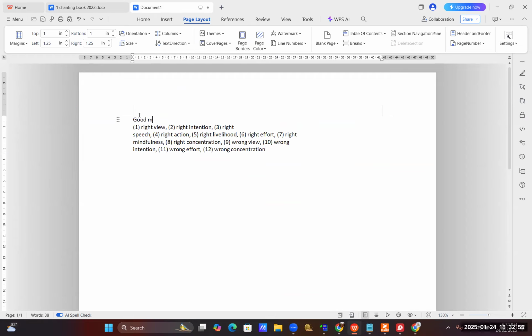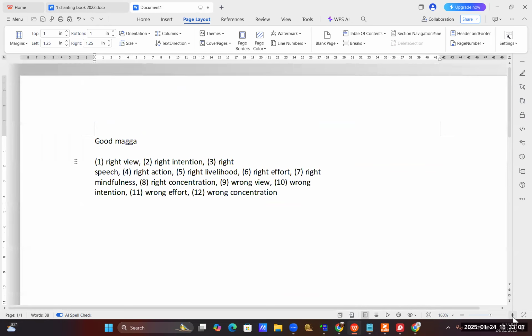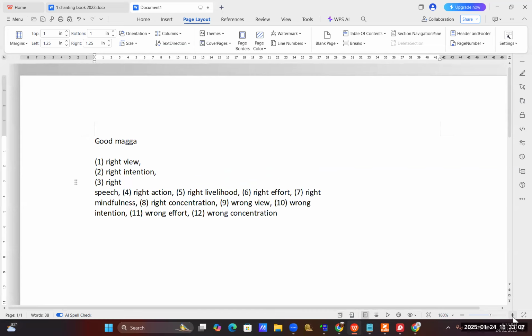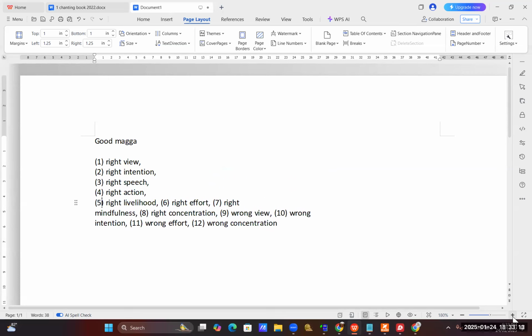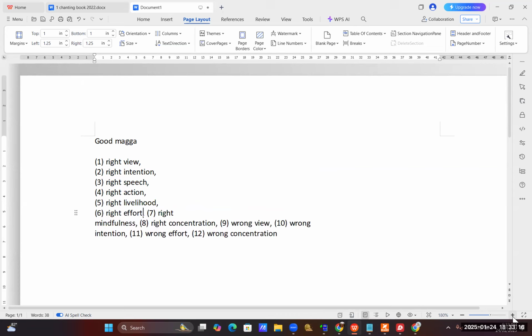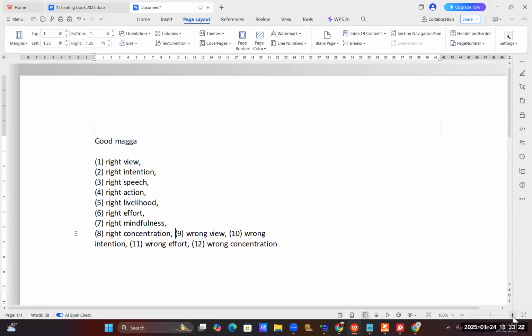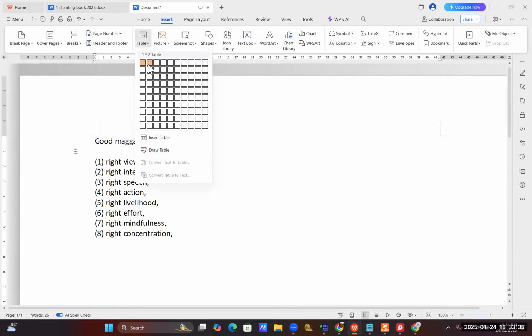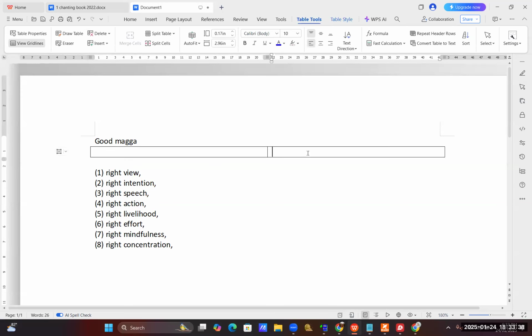we can develop it to good Magga, okay, good path. So there are 8 of them in English. Now I put the English because it's easier for you all to understand. So right view. So these are good ones. And this is a bad one, okay? So we are going to put a table here. So this is a